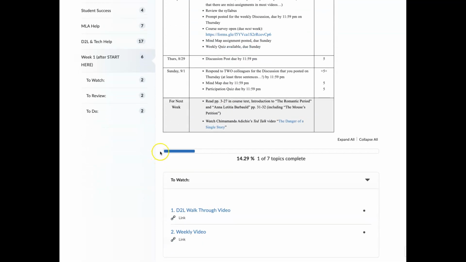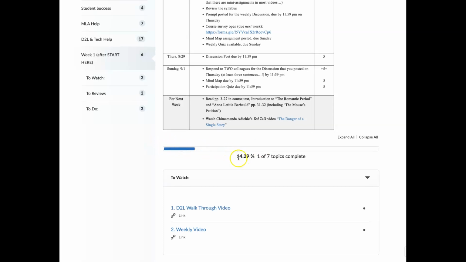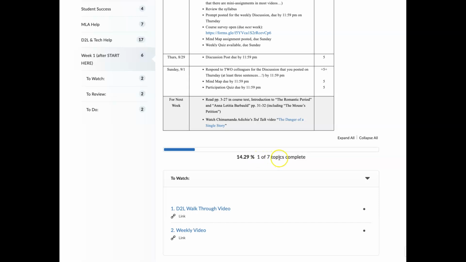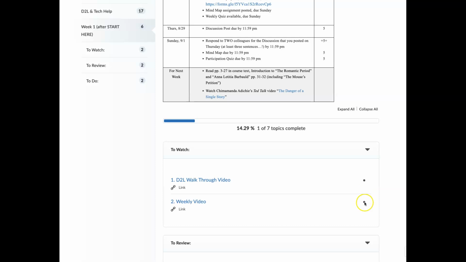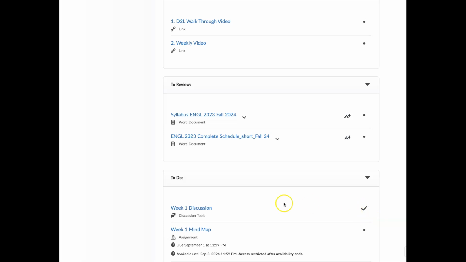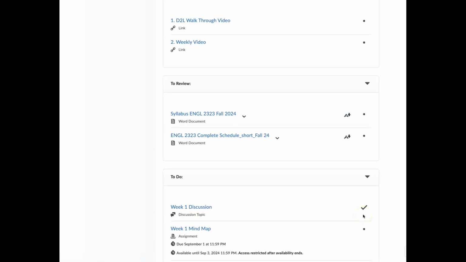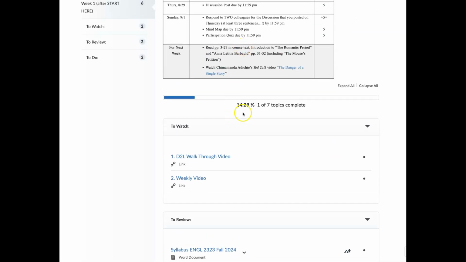I'm going to scroll down. Please ignore this. I can't handle D2L in this way because this is very misleading. Just showing that topics are complete does not mean the work is complete. So you may see check marks next to these different items. And so like right here, it looks as though, and has confused students in the past, your week 1 discussion has been completed because there's a check mark there. No, it just means that that is an area that you have visited, so don't let that mislead you. Don't let any of this mislead you. Just because you visited the area doesn't mean the work has been completed.